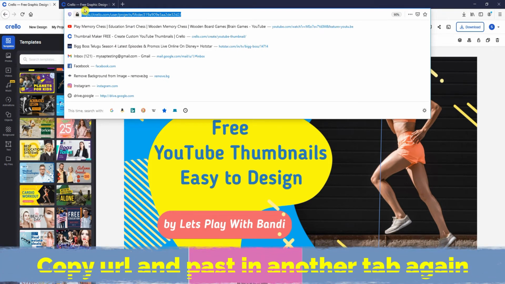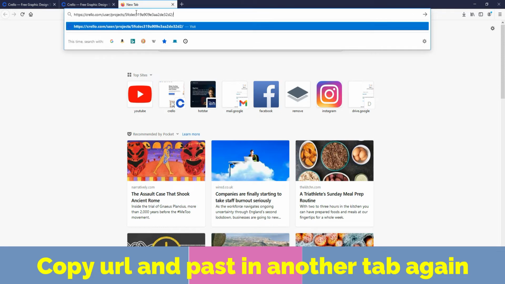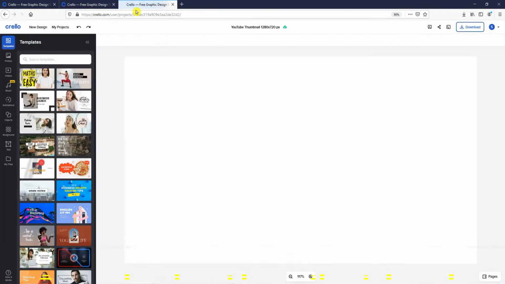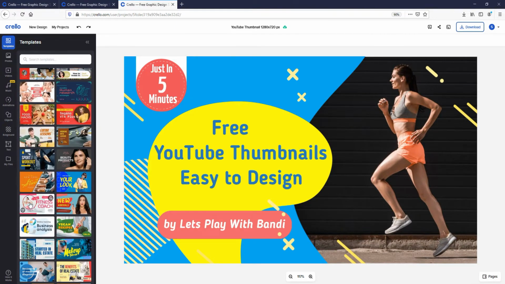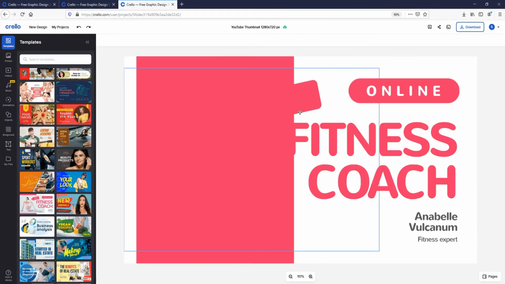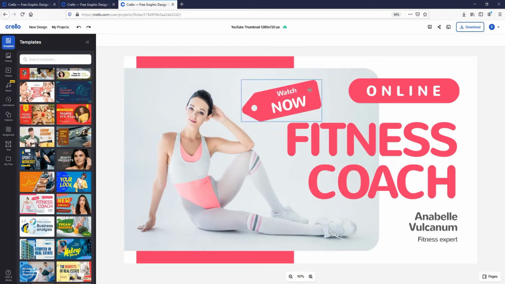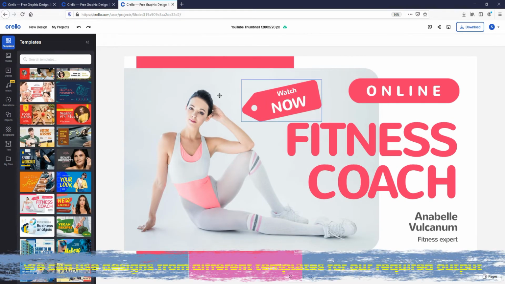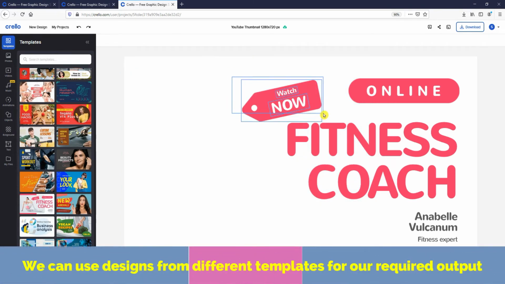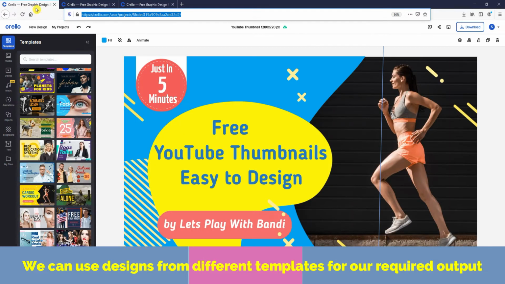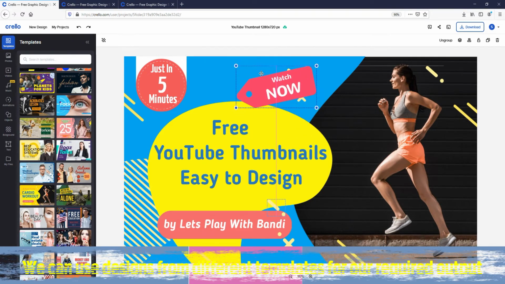Okay, now I want to copy the URL one more time and paste it under a new tab. Choose a few more existing templates, select one more template, and delete unnecessary information from this dummy area. Copy only your required information from this template with Ctrl C, from browser tab 2, then go to tab 1 and press Ctrl V to paste here.